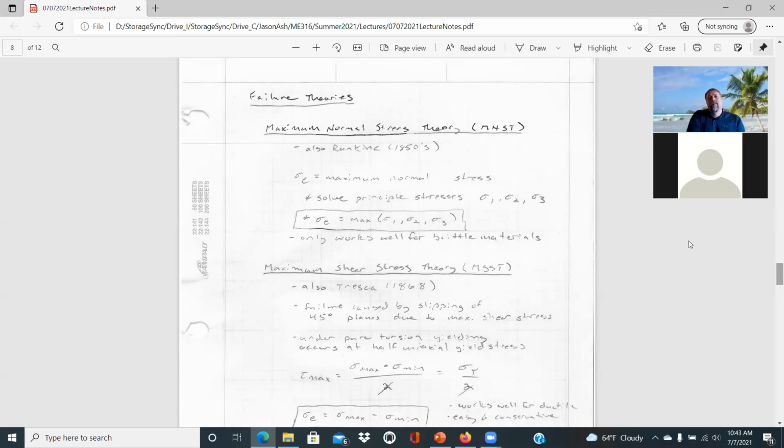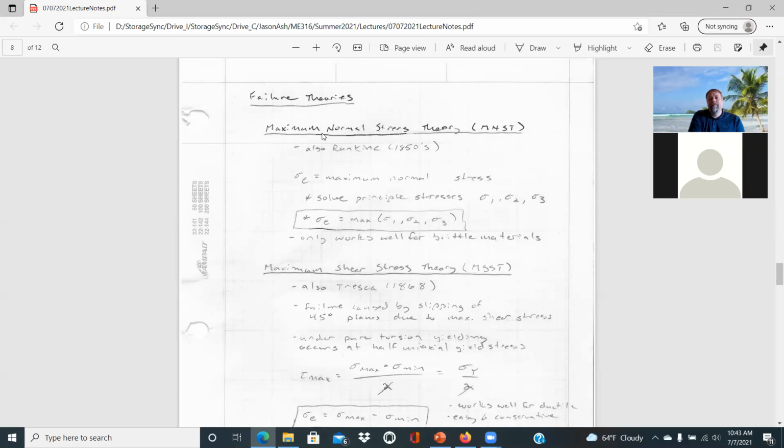The earliest one generally is not on that list. Sometimes it shows up when talking about brittle failure theories, but the Coulomb failure theory was proposed even earlier than this, in the 1776 timeframe. Over in Europe, it was proposed, but it looked at just the normal and shear stress on